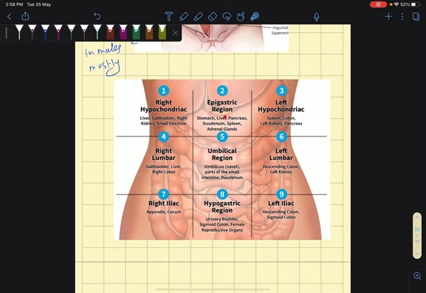مثلا الليفر موجود بالابيجاستريك ريجن وموجود بالرايت هايبوكوندريا and موجود بالرايت لمبر. هاي الليفر موجود بالرايت لمبر. موجود بهذول الثلاث. هذا عشان الليفر كبير تقريبا وزنه 1.5 كيلو يعني somewhat like this. الأعضاء الموجودة بeach region and ممكن يجي عليه سؤال إنه البيشنت عنده ألم في السبلين أو ما راح يجيب عضو موجود بأكثر من region. ممكن يجيب عضو موجود بريجن واحدة مثلا ال descending colon here موجود هنا. left kidney مش موجود غير بالليفت lumbar. أوكي